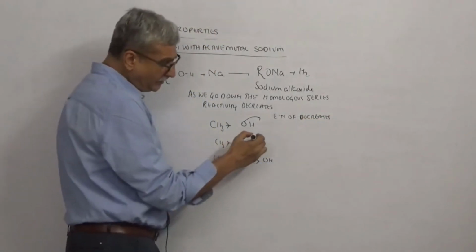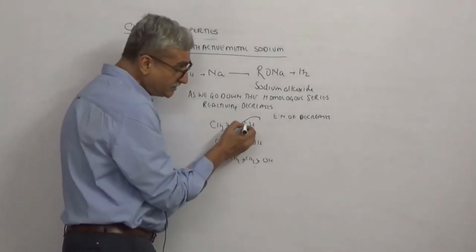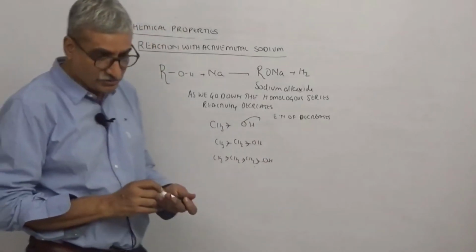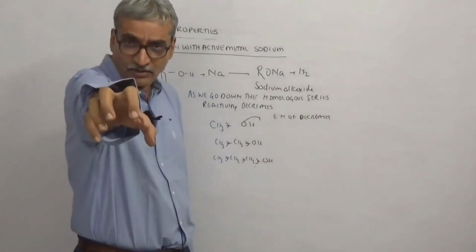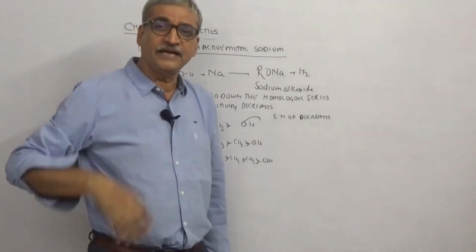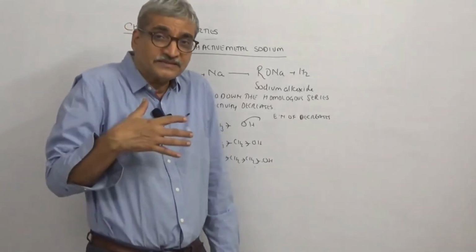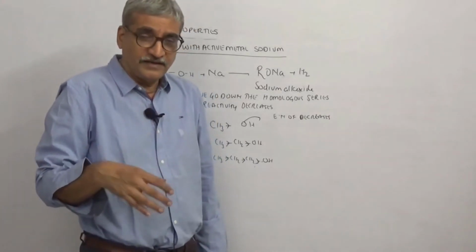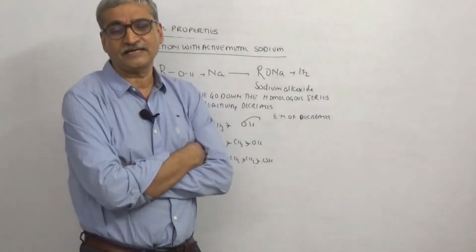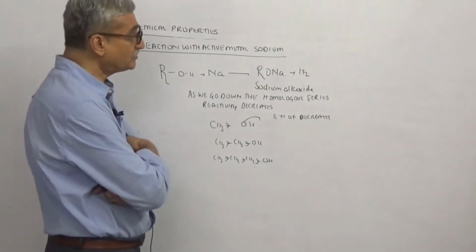So if the electronegativity of oxygen decreases because of the plus inductive effect, oxygen is not able to easily pull from hydrogen. Oxygen has to pull the electron of the oxygen-hydrogen bond, so that hydrogen goes out as H plus and Na comes in its place. Because oxygen becomes less electronegative, it is not pulling from the hydrogen, so automatically reactivity with sodium decreases. That's the first entrance exam question that we should think of.